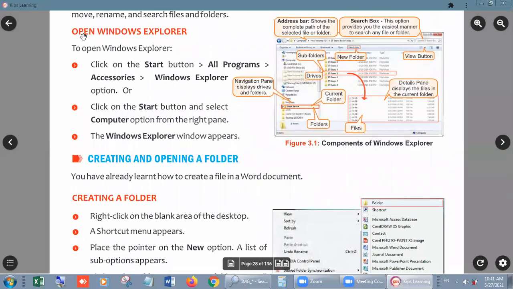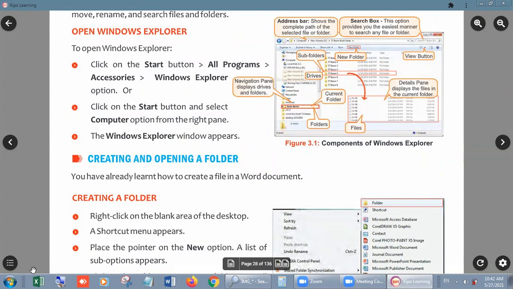Look, students, first of all, we have to click on the Start button. After that, All Programs, and then Accessories. After that, you will get Windows Explorer. Otherwise, you can click on the Start button and select the Computer option from the right pane, and the Windows Explorer window appears. I am going to show you both ways.